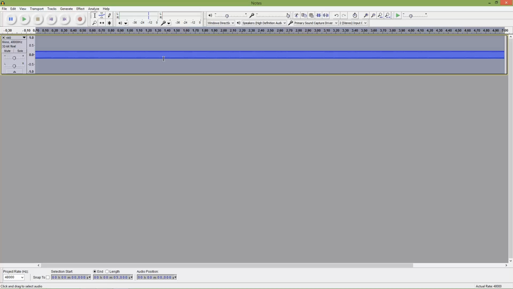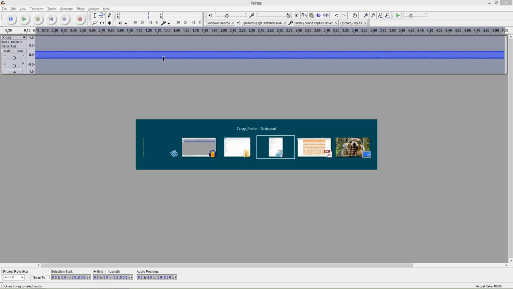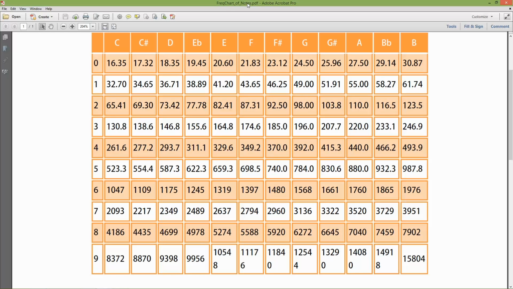Now, how we're coming about the numbers can all be located on your frequency chart of notes. It's the PDF file that's downloadable on This Week. And coming over to the A column, I chose 440. Now I'd like to make an A that is an octave lower than the 440. That would mean coming down to the 220. It is half the hertz,